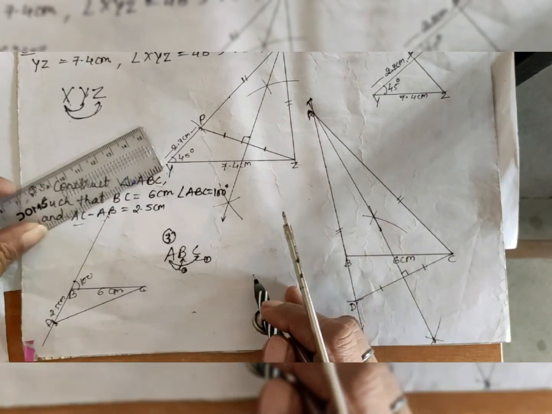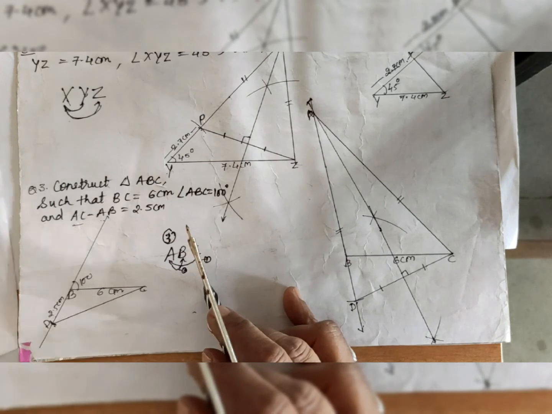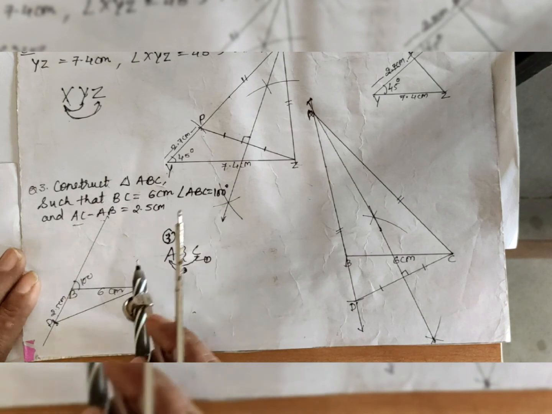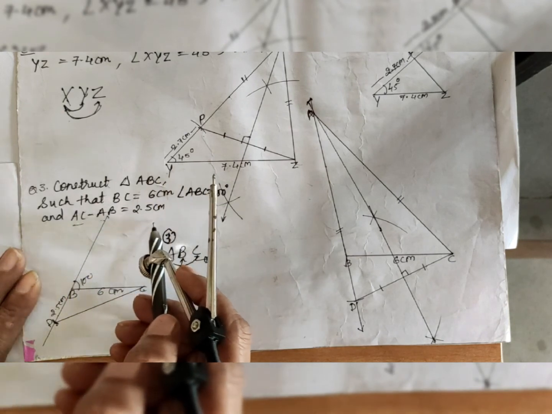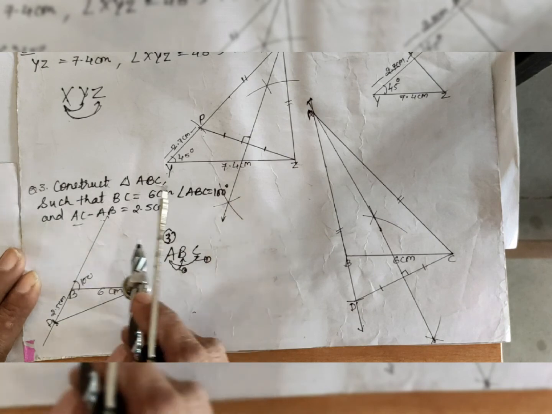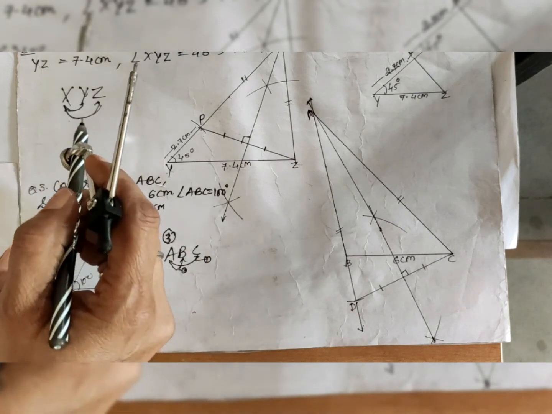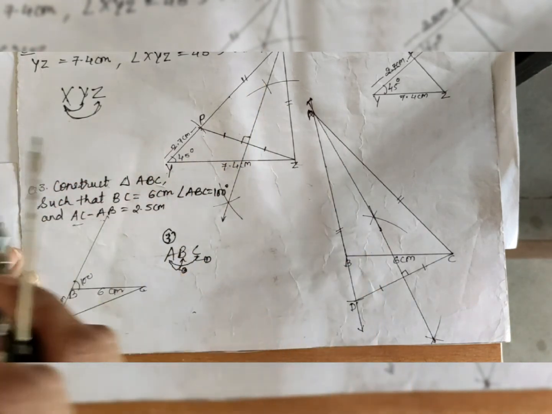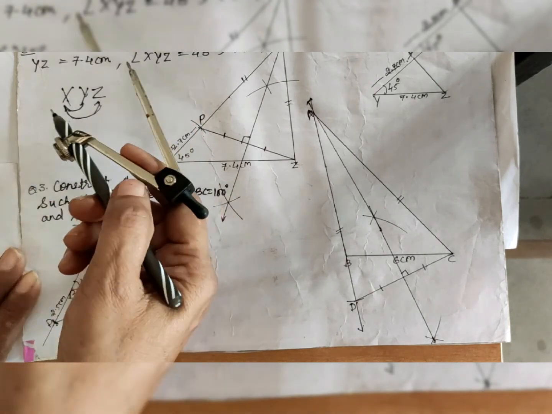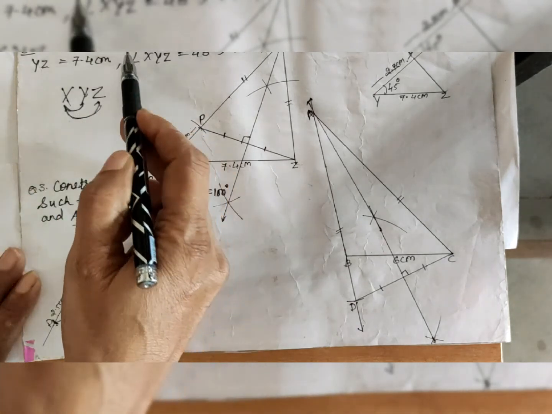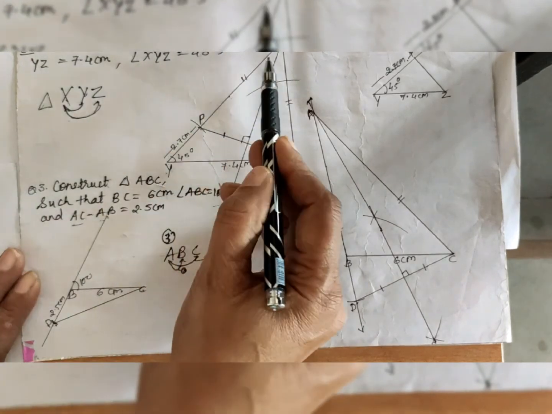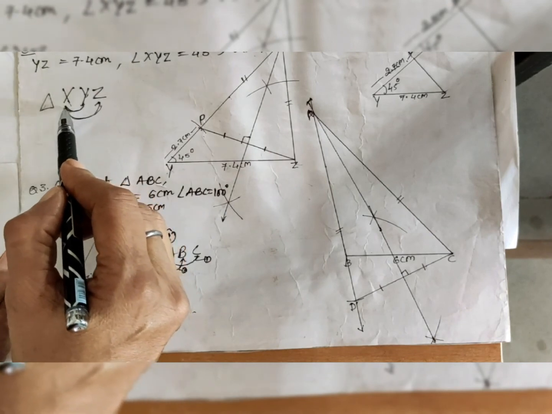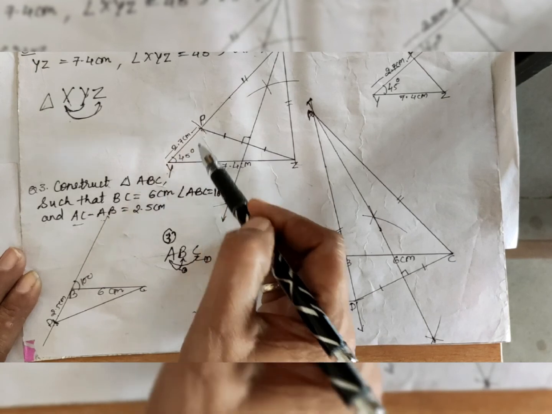Okay, so just remember this idea which I have given to you, that when you have to draw this arc, or when you have to draw this difference, or maybe the sum of two sides also, when this type of thing is given, you have to take it downward, and when this type of thing is given, you have to take the upper side of this base. Okay, once again I am telling you, see here, what is the name of the triangle? XYZ, triangle XYZ. Here XY first and then XZ. Yes, here also according to the name of the triangle, XY is there first, then XZ. So you have to draw this arc on the upper side of the base.